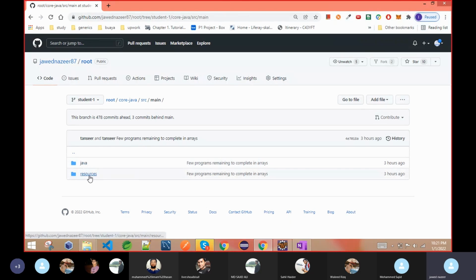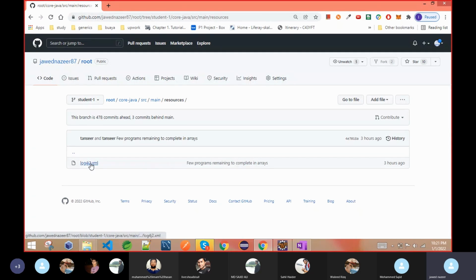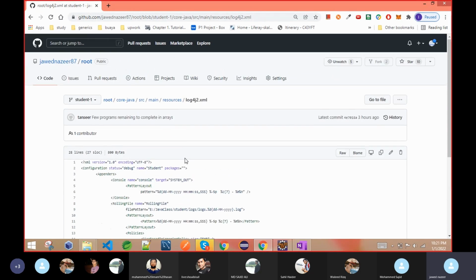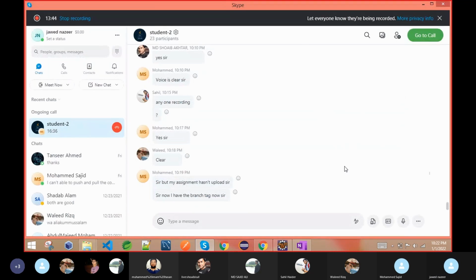What do you mean by branch tag? I didn't get you. And this is the file. So whatever changes here, it will override that file. So we are doing it only with this file, not with any other file. Any other file, that is the problem. So you have to take care, because in future